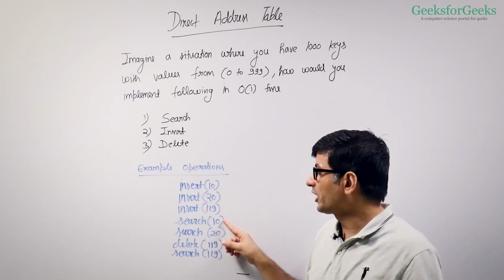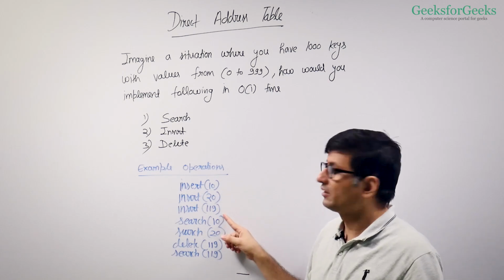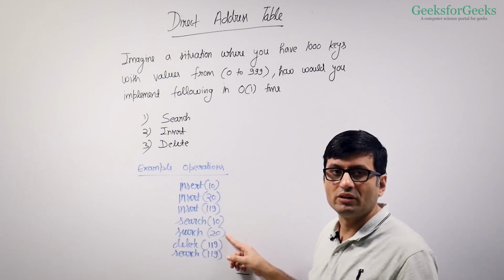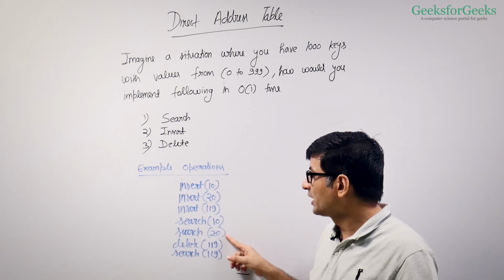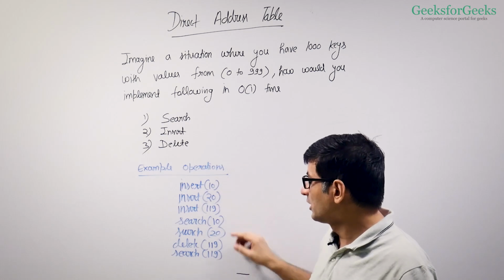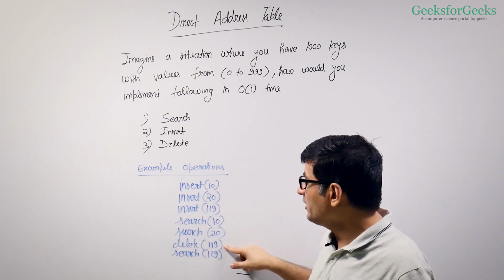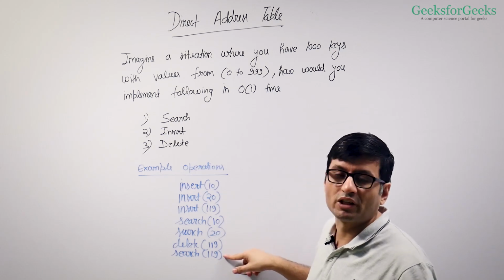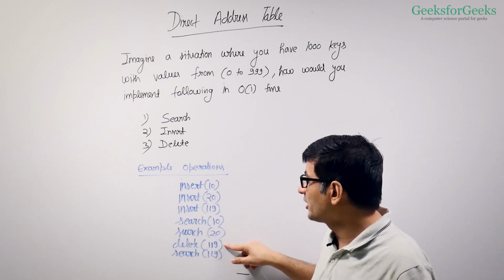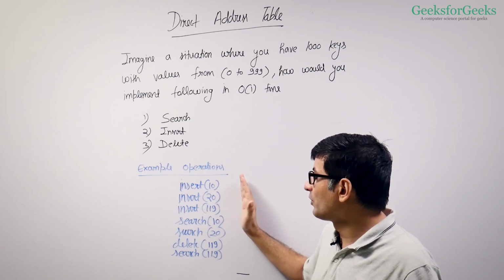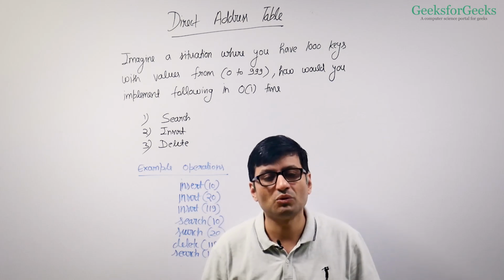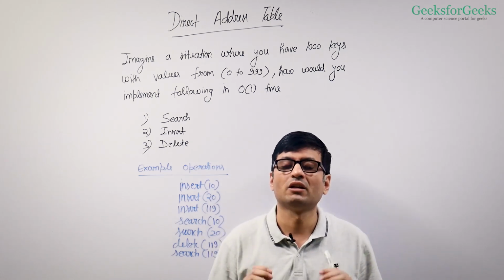would be true. 10 is present in the table. Then I'll search 20, output will be true because 20 is also present. If I search for anything which is not these three, then output should be false. Then I delete 119, and then if I search for 119, the output is going to be false because 119 has been deleted. So we want to perform these three operations on the keys which are having range from 0